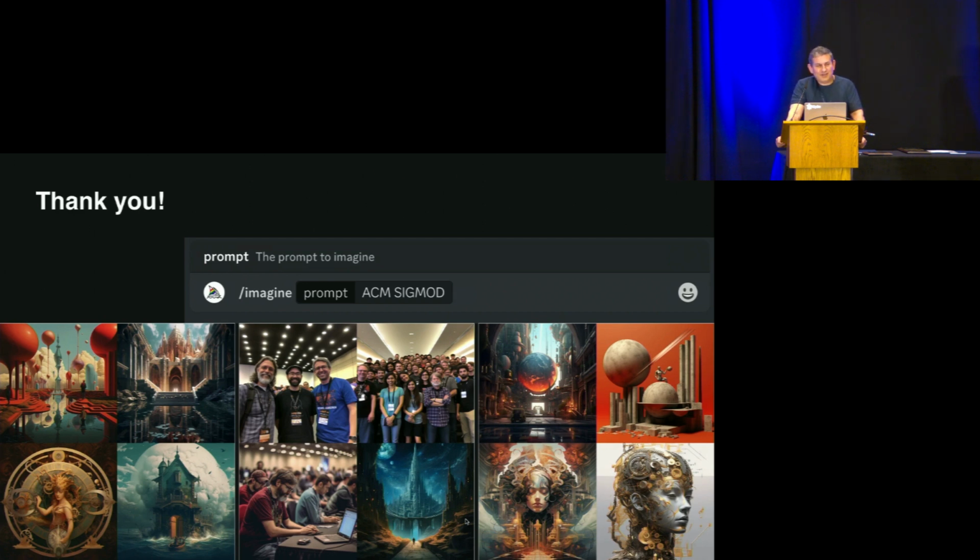I have to give a lot of credit for Trifacta to Sean Kandel, who is the lead graduate student on the project. He built the prototype, which is still live on the web. You can use Data Wrangler. And there's going to be a demo today of a project from Microsoft, and you'll see it has a strangely familiar interface if you go look at Data Wrangler. So Sean's work continues to inspire.